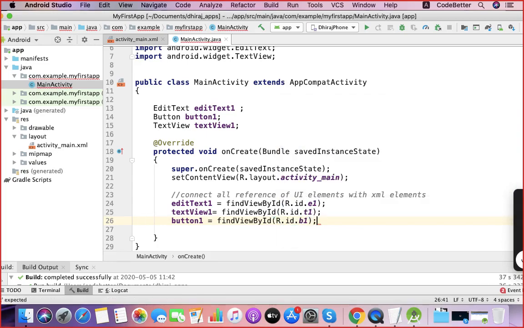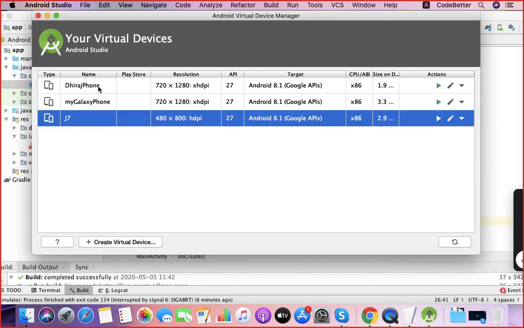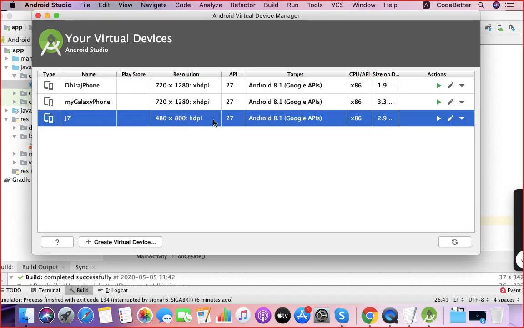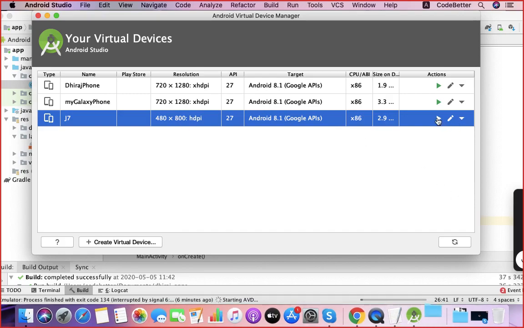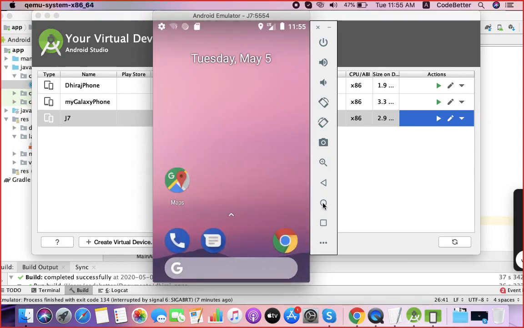Okay, it may be taking some time to start that virtual device because maybe it is of larger size. So I am starting a new device which is of smaller size. Let me start that. Okay, so it is already started here. There are some buttons, back button, home button, everything is there. 3 buttons are there. There is a browser pre-installed on this device.